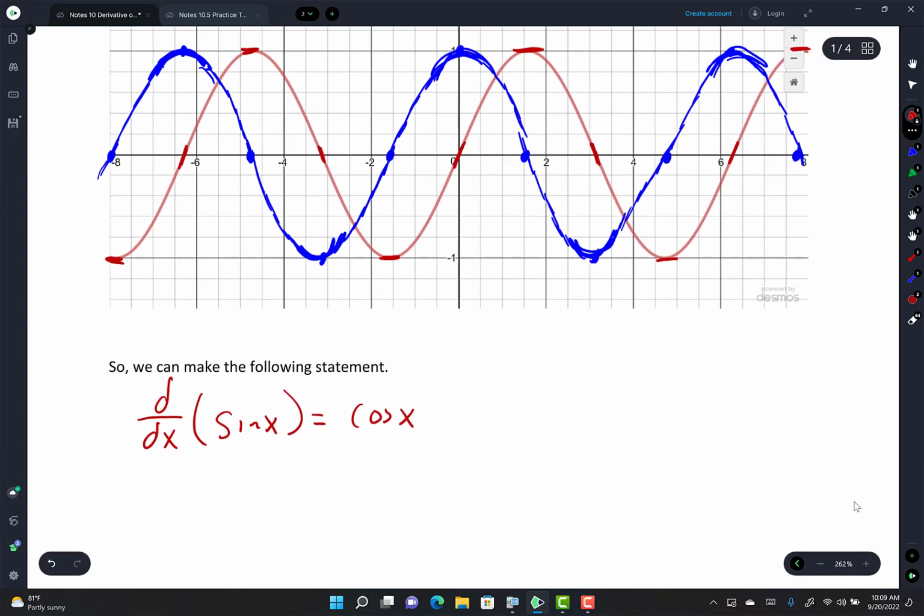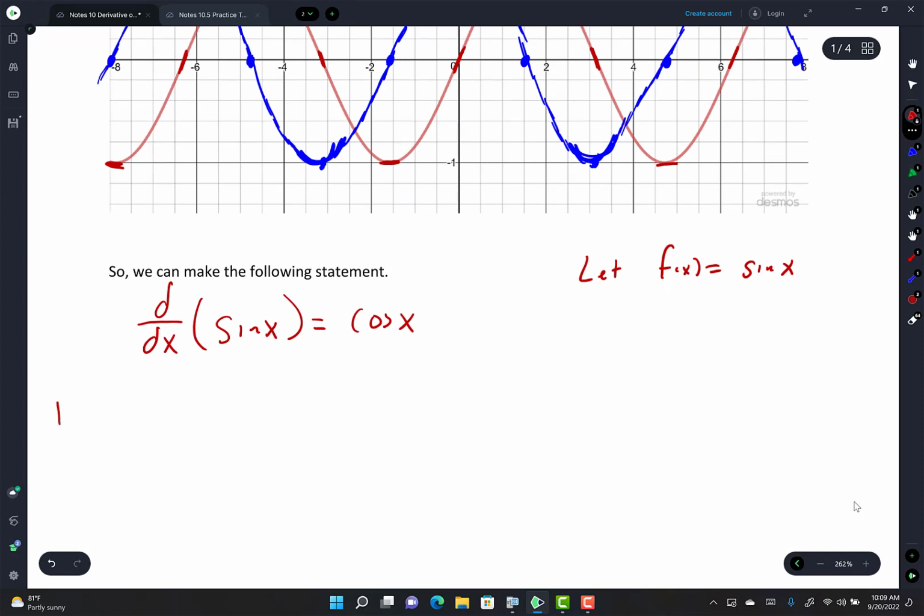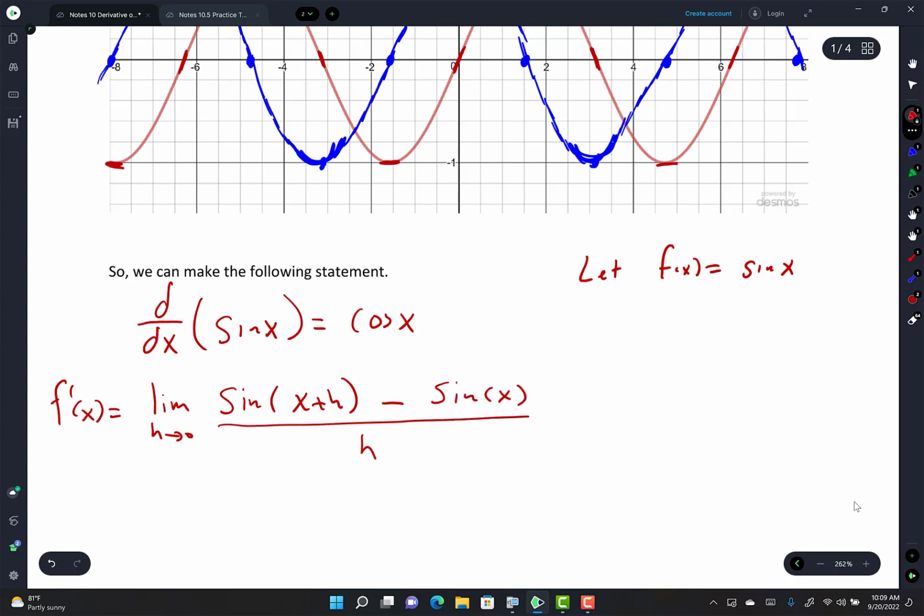All right. So let f of x equal sine x. If I told you that I wanted f prime of x, here's what you would do. You would go f prime of x is equal to the limit as h approaches 0 of sine of x plus h minus sine x all over h. Yay or nay? Yeah. And then you remember from your pre-cal day, so side note, that sine of a plus b is equal to, do you guys remember? Sine a